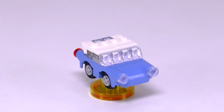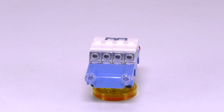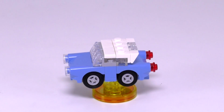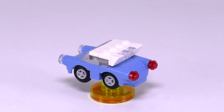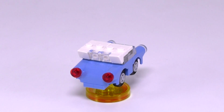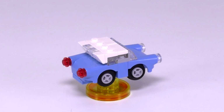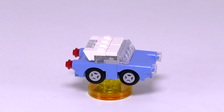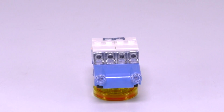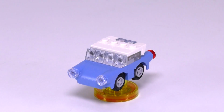Now this build here is certainly on my top 3 favorite of any of the Dimension vehicle builds from this new wave. The enchanted flying car has been brought to life in this scale really well, and what works so well about this build is that it is just so simple. It's almost identically put together really from front to back, and the only things that change its orientation are the color of the headlights and taillights, as well as the direction of just a few colored cheese wedges for the